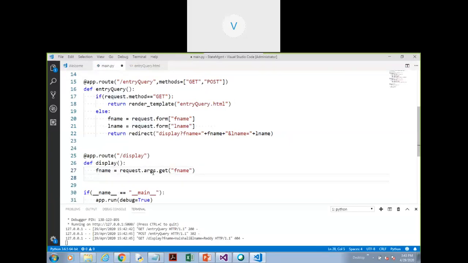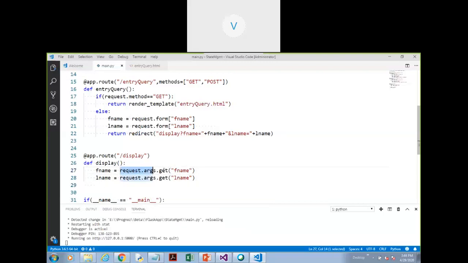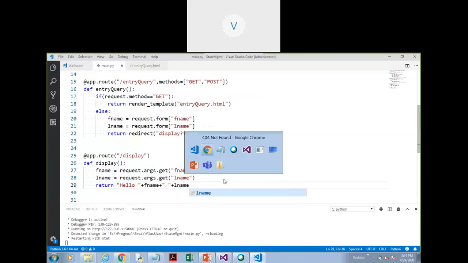So we wanted the data from fname. Then we have lname is equal to request dot args dot get lname. So we have fname and lname, and now let me just show a hello message. So I'll say hello and then fname. This is just to show you how you can access the query string information.